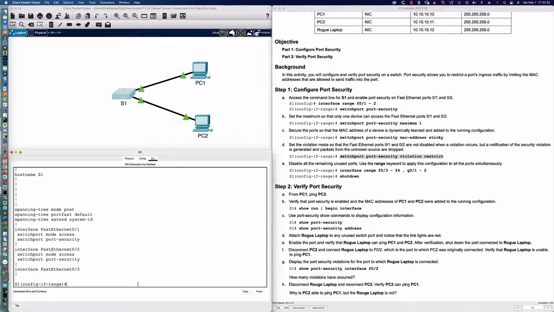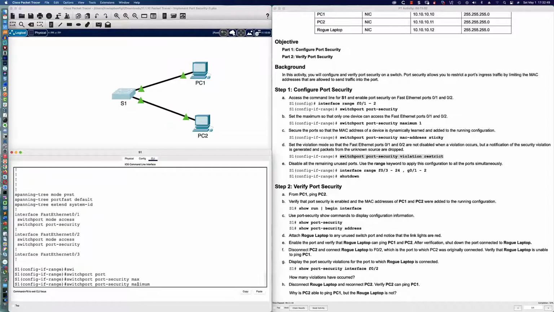Well, as Cisco loves to do, there are some default options that are going to be configured right out of the gate. Now, this leads us into step 1, substep B, where I'm going to say switchport port-security maximum and set the maximum number of MAC addresses allowed on these two ports to be 1. In other words, only the first device that gets plugged in, whose MAC address is learned, and we're going to be doing that via the sticky method here,